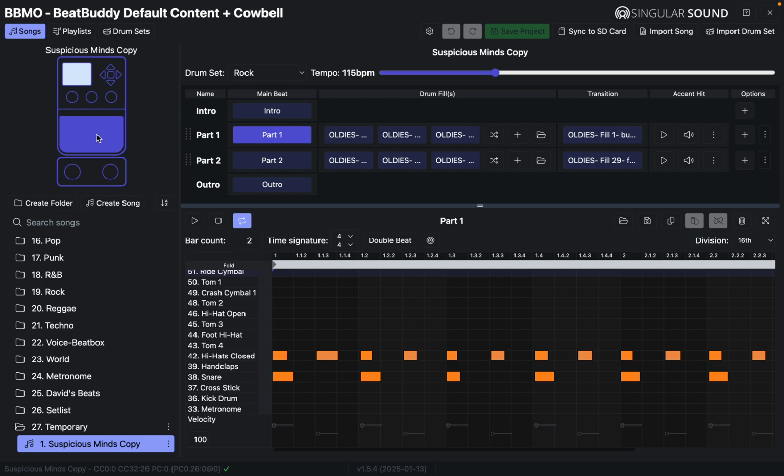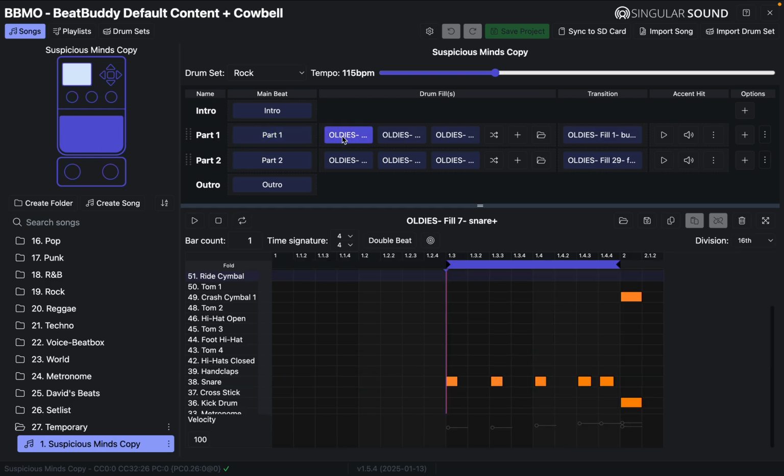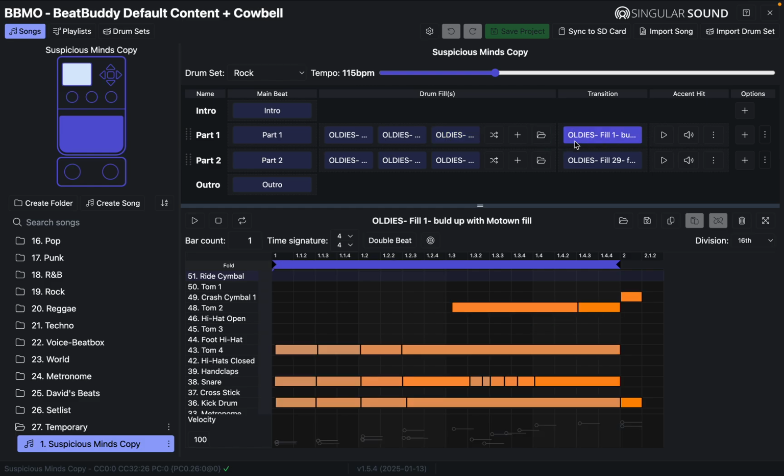It will start off and play the intro, and then it'll go into part one. Then if I tap the foot switch once, so I press it once to start it, just by pressing on the foot pedal as if I was using the Beat Buddy, but on the screen. If I press it once, it's going to play the intro, then it's going to go into part one. If I press it once again, it's going to start cycling through these drum fills. So if I press it once in part one, it will go to the part one fill, then the part two fill, the part three fill. When I go to the transition, this is the transition file that's selected. So if I want to listen to the transition file, I can